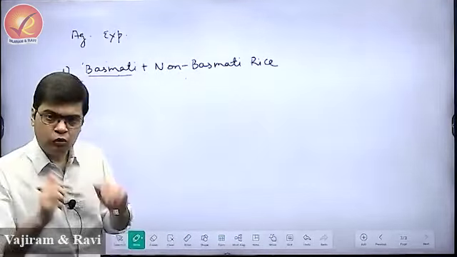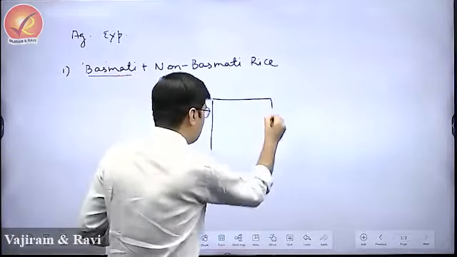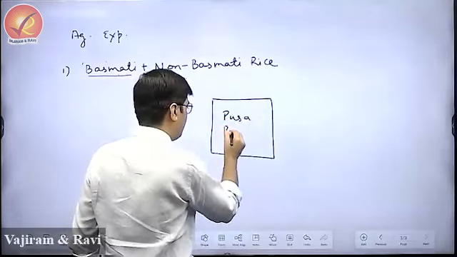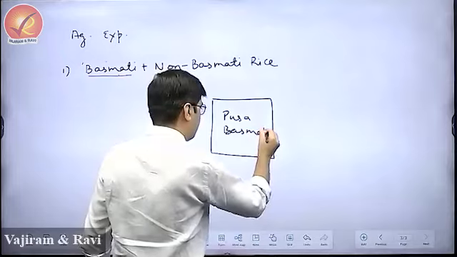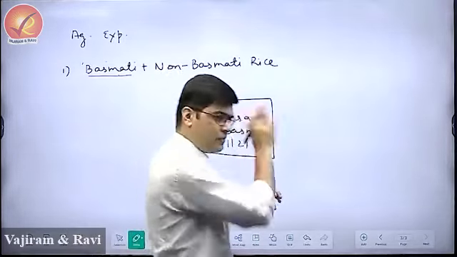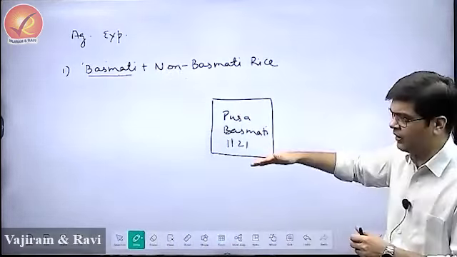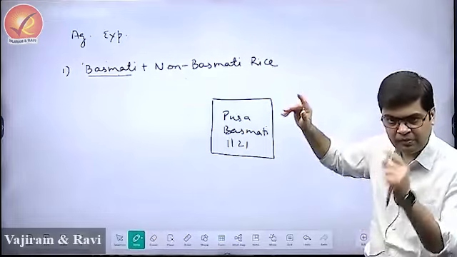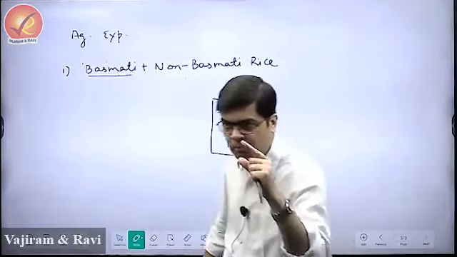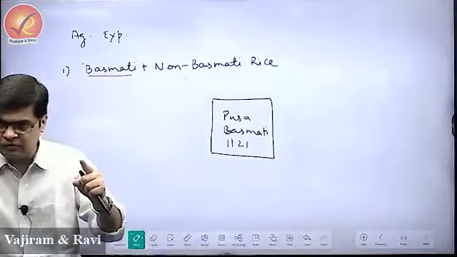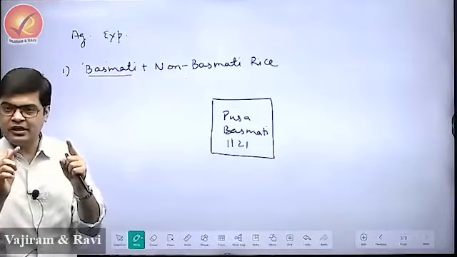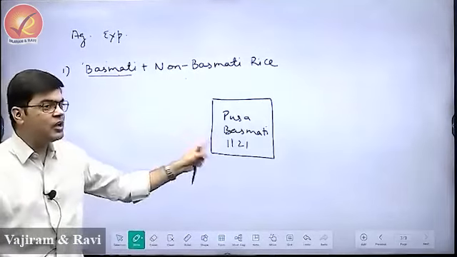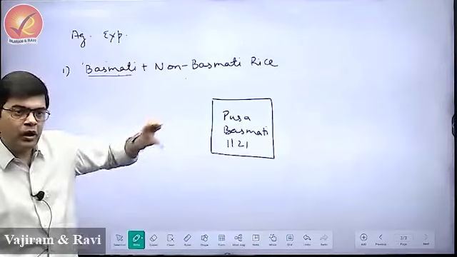Now what I am going to do is, if this is a bag, in this bag I will print Pusa Basmati 1121, which is a variety of basmati. I have printed Pusa Basmati 1121, and inside it I have filled non-basmati variety. So when the government imposed a ban on the exports of non-basmati variety, a good number of traders in India started exporting non-basmati in the bags of basmati rice. So how do you control this?